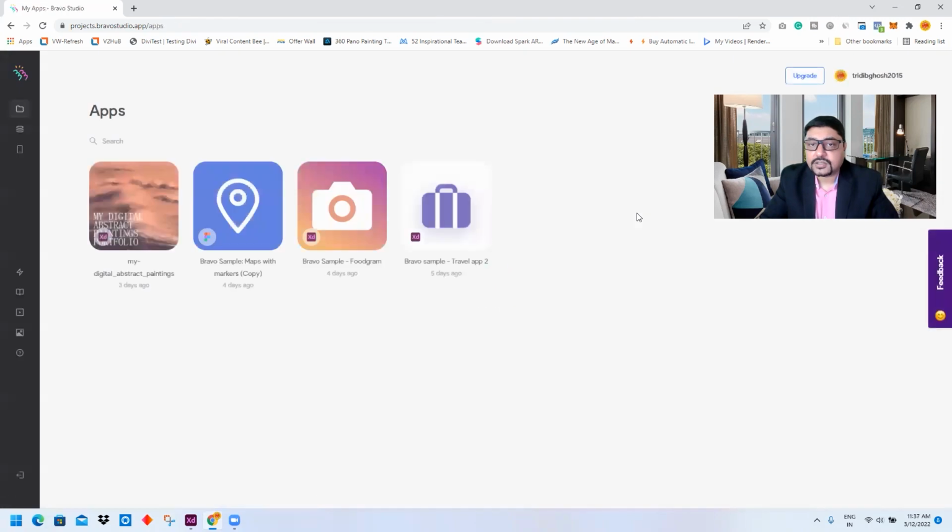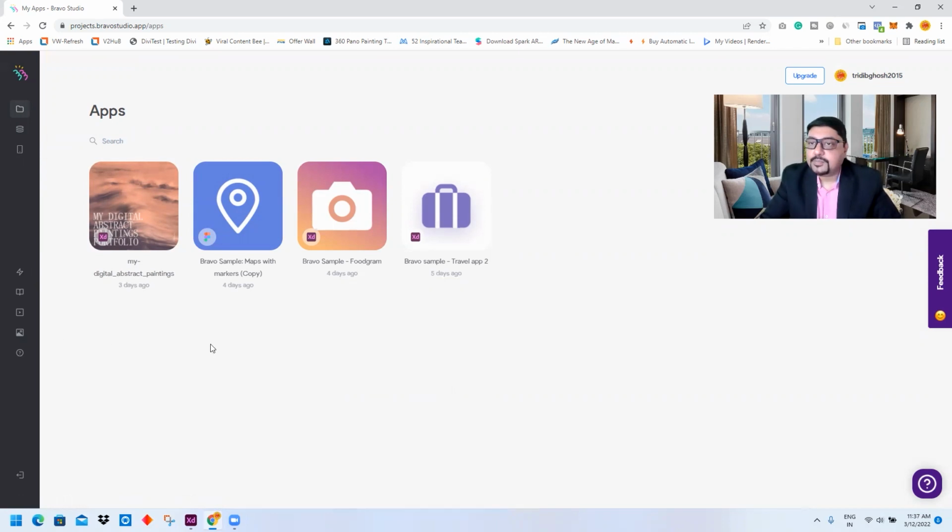As soon as I come over, you will see that I have already created these apps over here, and we will see how easily we can convert this particular app into an app in the app store. And obviously I will go step by step in various series of videos where you will know how easily we can convert our apps with dynamic data and all these things. But dynamic data and all this stuff I am not covering in the first video itself. It will be too much for you guys.